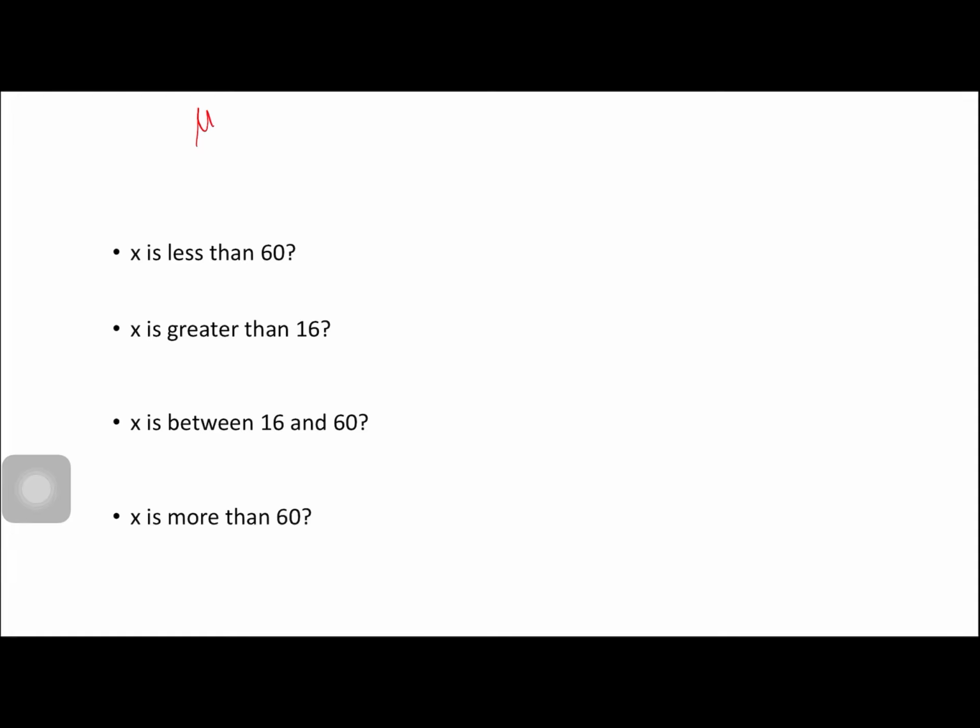Okay, again, our mean is 38 and standard deviation is 12. So for the first one, X is less than 60. So we have Z is equal to 60 minus 38 divided by 12. That gives us 1.83. Okay? So, now our normal curve,